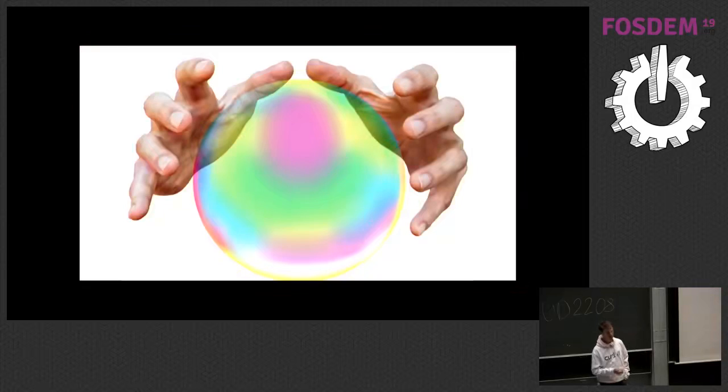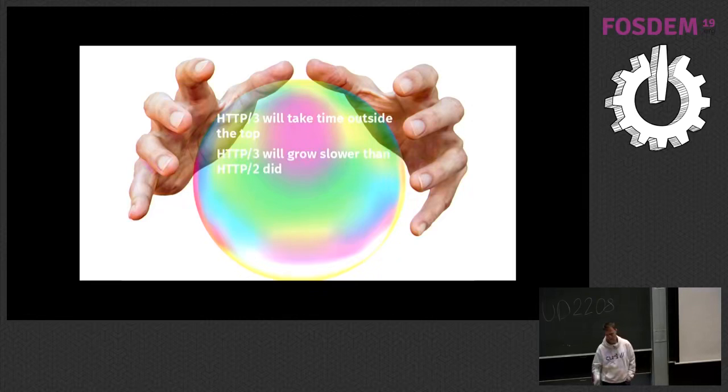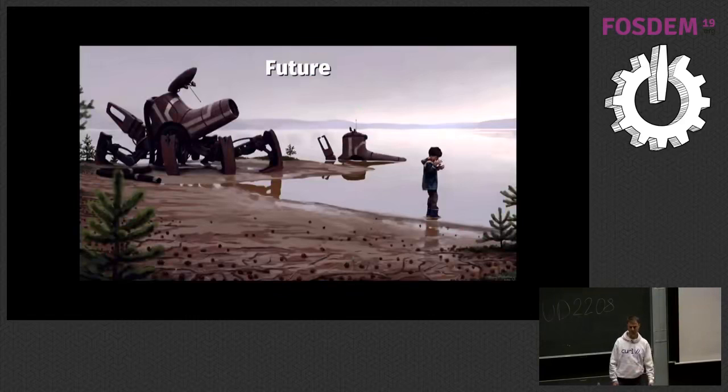So then I took out my crystal ball and looked at the future, and I say that it will take some time until HTTP3 is deployed. I think it will grow slower because of all these problems, and it's not as big of a gain as HTTP2 was, so maybe it'll just stick to HTTP2 for a while. But QUIC is here for the long term. It's going to be a protocol for the future, so maybe it doesn't matter if HTTP3 doesn't get deployed immediately. It'll get there over time.